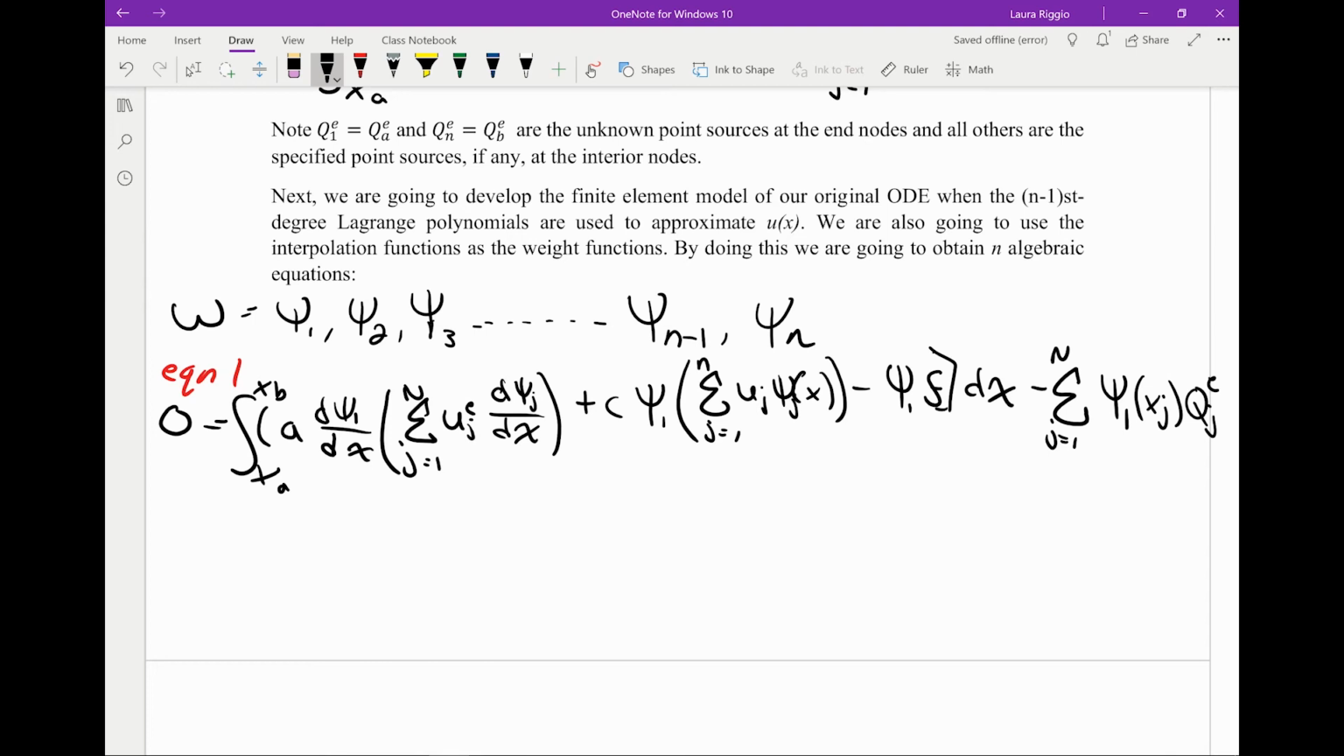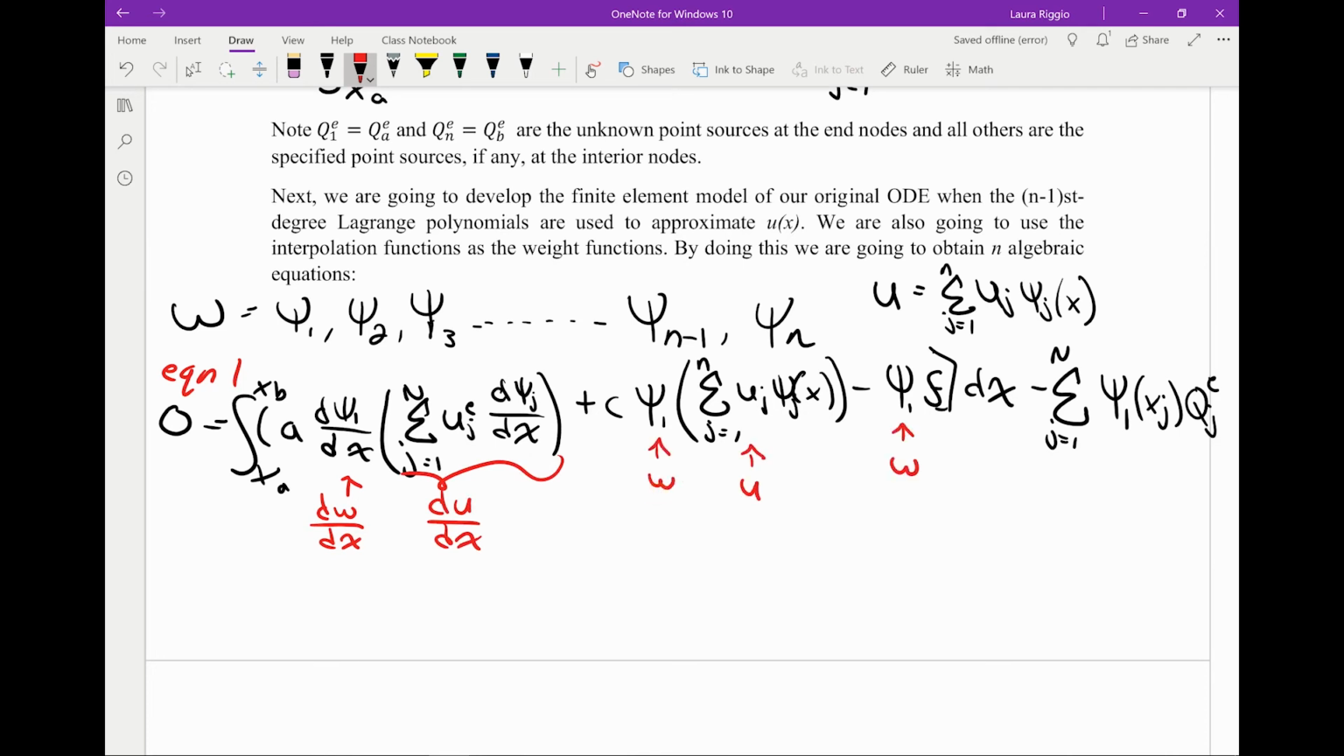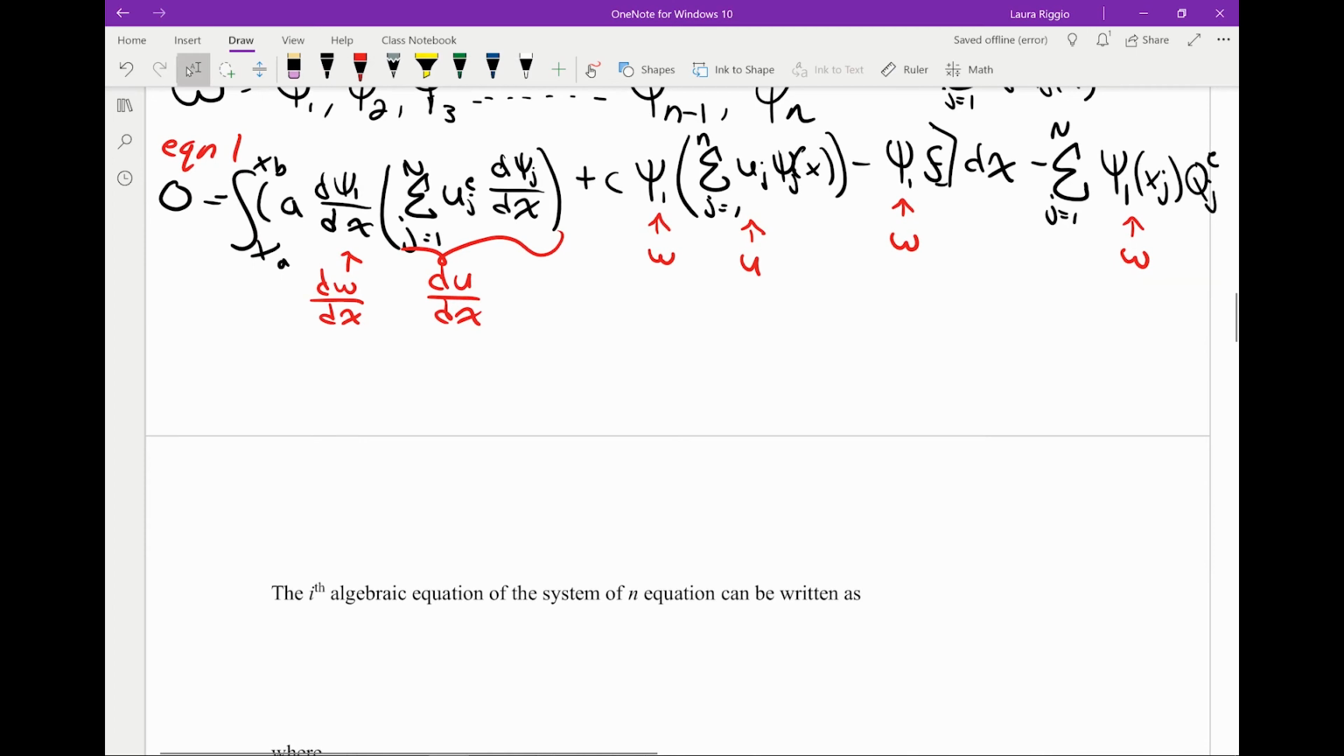So that's equation 1, noting that u is equal to the sum from j equals 1 to n of uj psi j of x. As a reminder, this is dw/dx, this is du/dx. So then we get equation 2 and equation 3 and equation i. We get to equation n. So the nth equation